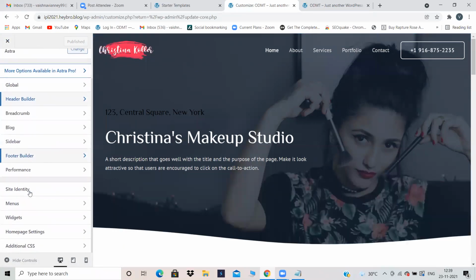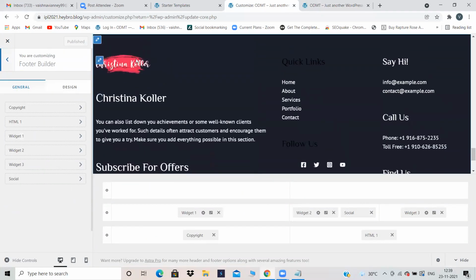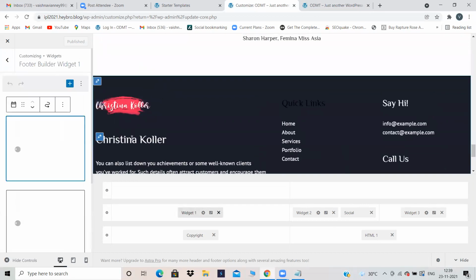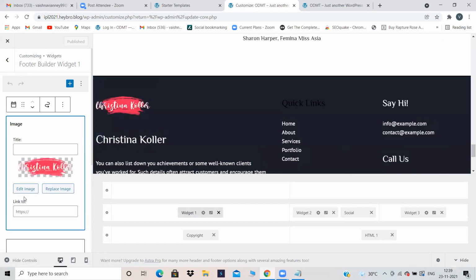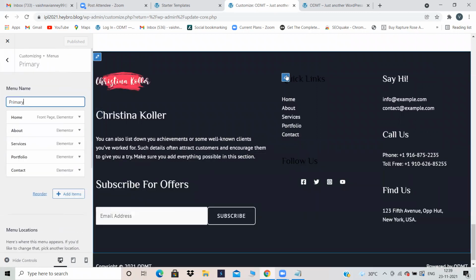Then for footer builder, if you want to change the footer, then come into footer builder. Now see all the pencil marks, whichever are there, are appearing now. That means I can edit each and everything now. Before that, the pencil button was not appearing to me in Elementor, but now here it is appearing to me. So I can just edit it. It is taking some time to load, that's it. Now I can click on the pencil and I can edit each and everything.